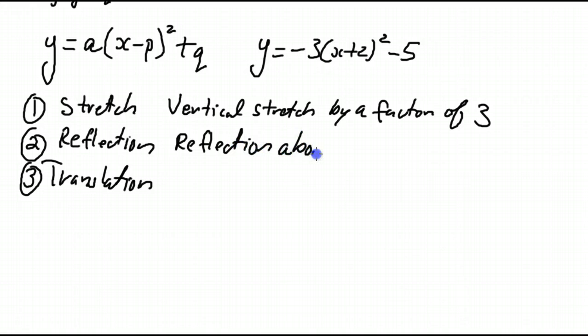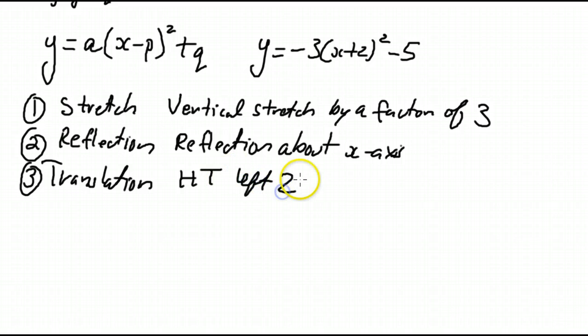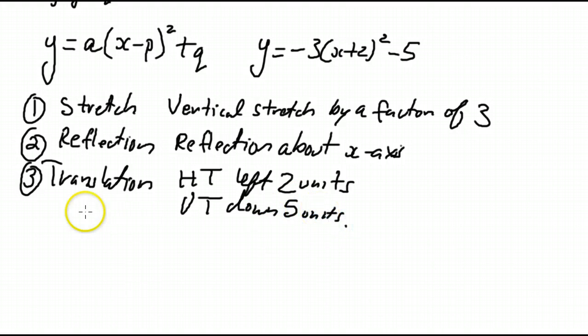Okay, and it's very important that we do this in order. It's a horizontal translation, which way? Left 2 units. And there's also a vertical translation, down 5 units. Okay, so it's important that we are aware of the effects of that, and that's covered off in the worksheets,